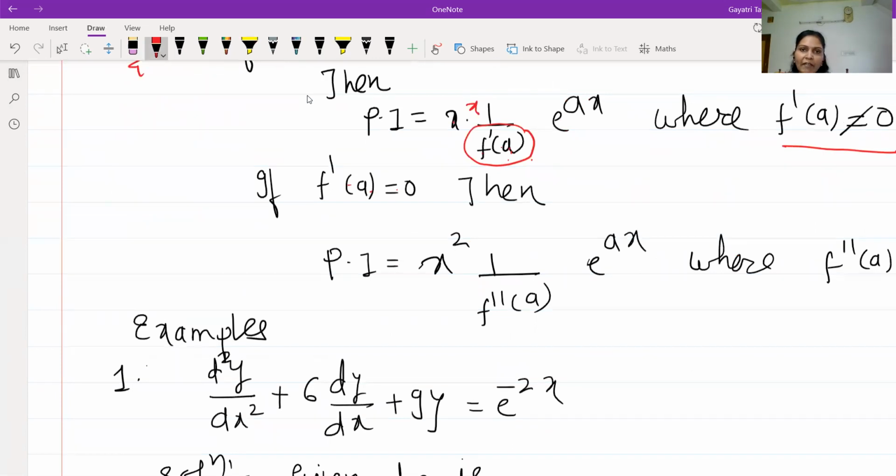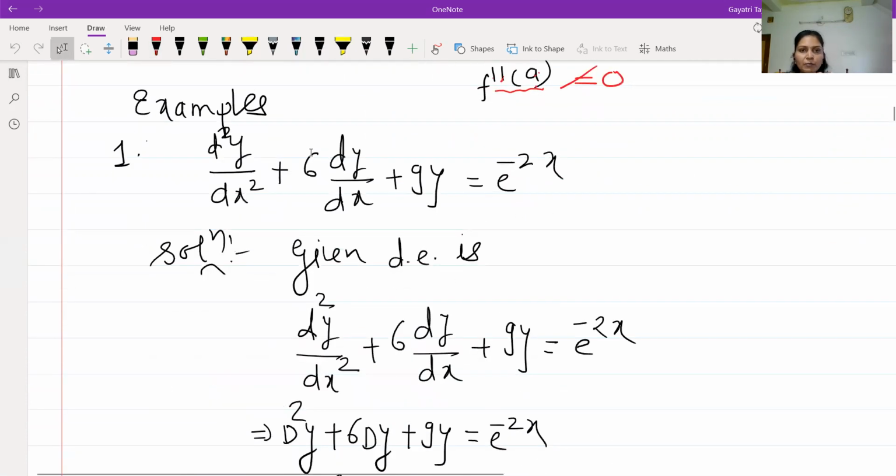x ने मल्टिप्लाय केल्यावर x इंटू x काय होऊन जाईल? x square आणि double dash, परत डेरिव्हेटिव्ह मीन्स f double dash of a into e raised to x. परत इथं तीच कंडिशन that it should not be equal to 0. तरी पण जर का ते 0 येत असेल तर x ने मल्टिप्लाय करायचा, परत डेरिव्हेटिव्ह घ्यायचा आणि त्या डेरिव्हेटिव्ह मध्ये काय पुटअप करायचं? D is equal to a. आपण याचे काहीतरी 2-3 प्रॉब्लेम्स पाहू so that you should have the idea.